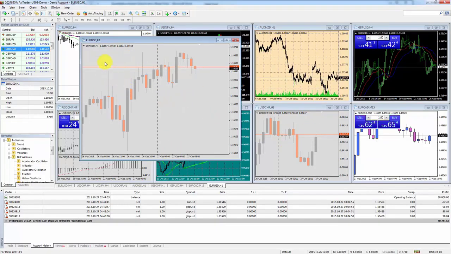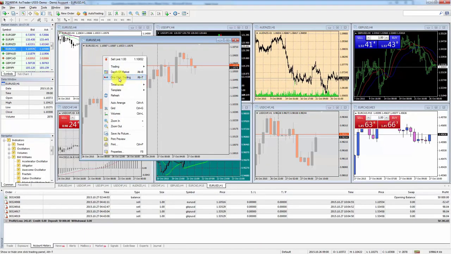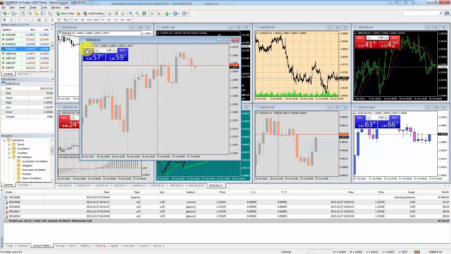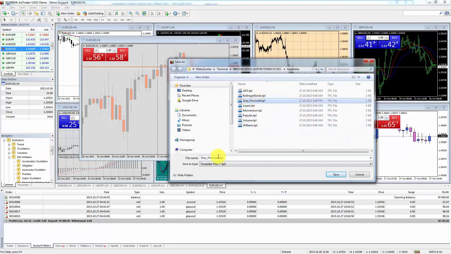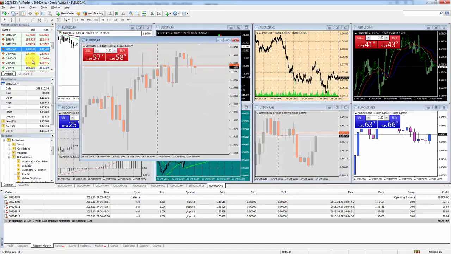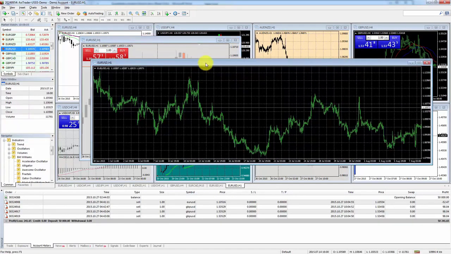And let's say, for instance, I would like to see this indicator or this control panel on this chart as well. So I would like to see the one-click trading. So I just right-click, I select one-click trading. Now it has appeared, and now I can save this template again. I can go and say template, save template, and I can say gray favorite with one-click trading. There we go. So if I save that, and now I open another chart, say euro dollar again,